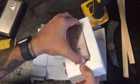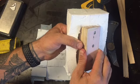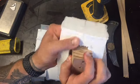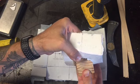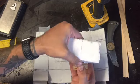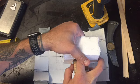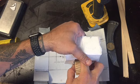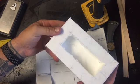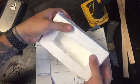Come on. Problem with this, I don't want to sort of take any chunks off the silicone, because any gaps in the silicone will be gaps in every single block you make in the future. There's a little tiny bit in there that's sticking. Just, look at that. A bit of a tidy up with the knife, but that should be a good sort of